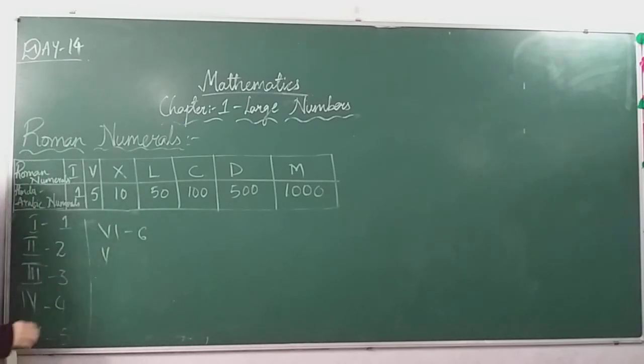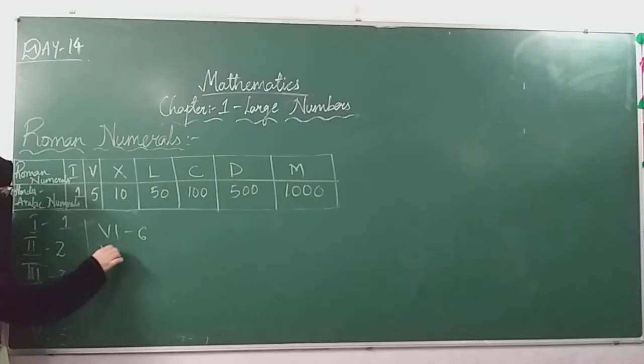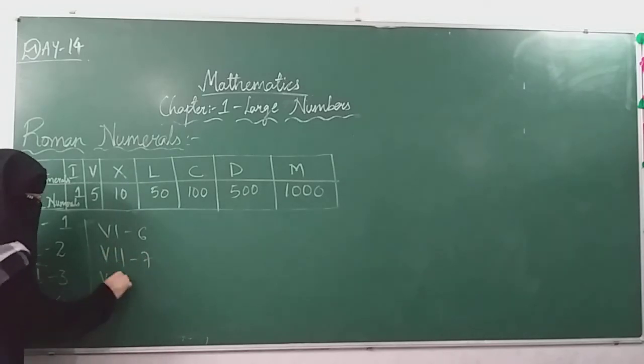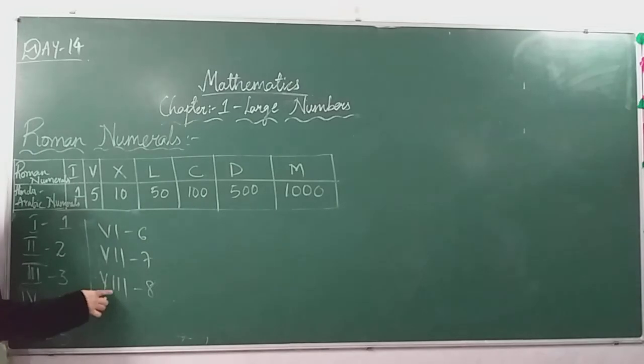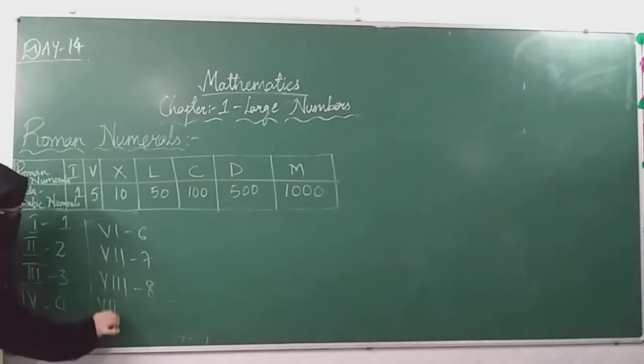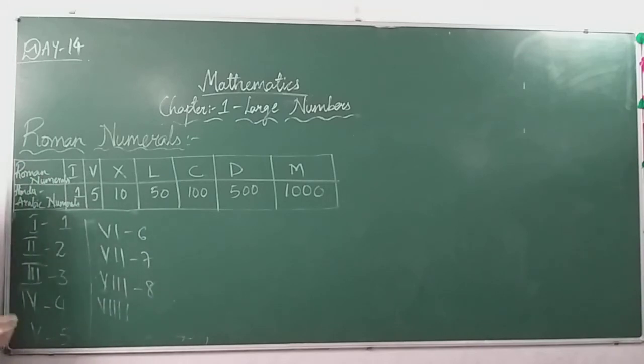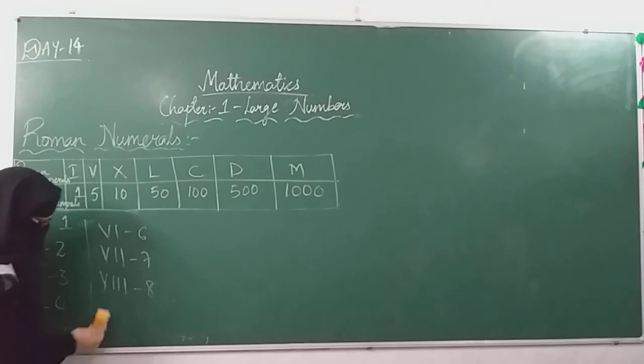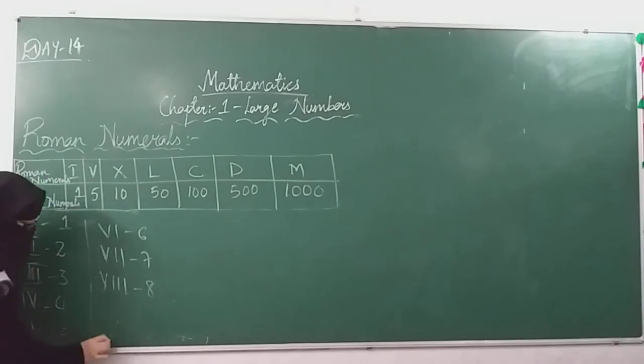See, V I'm taking for 5, and for 7 I'm writing V, 1, 1: 5 plus 2 is 7. For 8, like this, V and 3 times I. Now, in order to write 9, we can't write like this because just now I said we should not repeat I more than 3 times. You should not repeat more than 3 times. Okay, so that's why we should not write like this. This is wrong. We have to use 10.